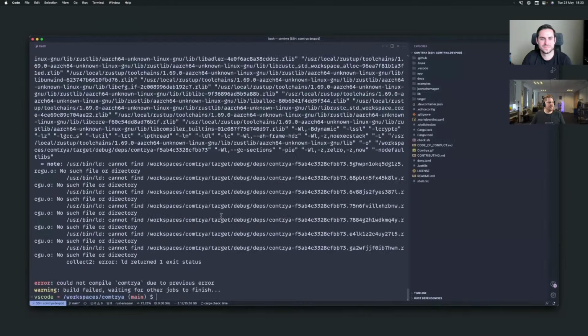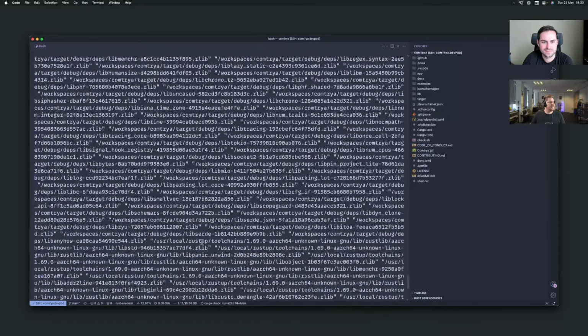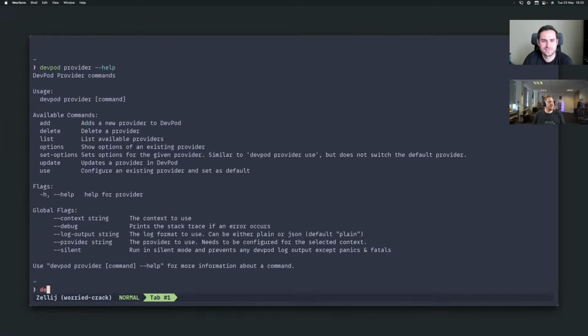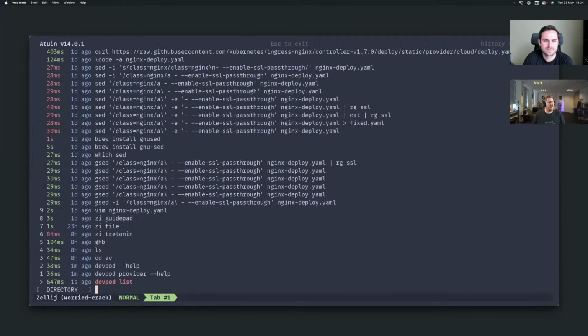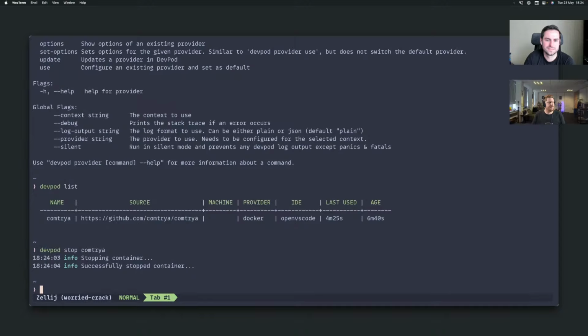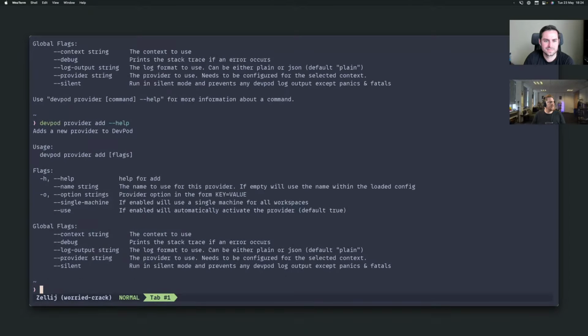In fact, did it build? Ah, close. What did it miss? Oh, I probably have an OpenSSL dependency or something that's needed. So let's close that for now. So devpod list, devpod stop, I suppose. Cool. All right, devpod provider add, and then